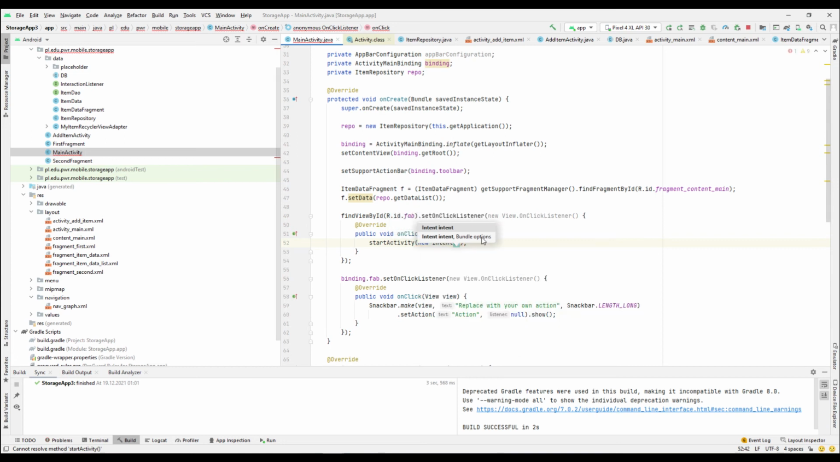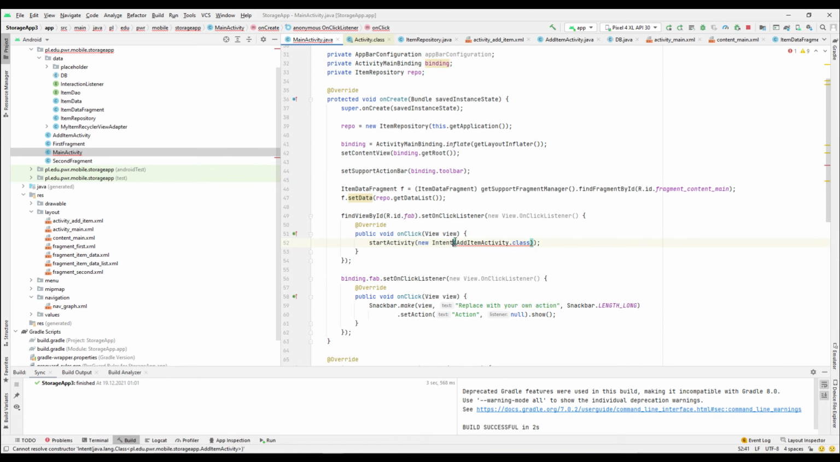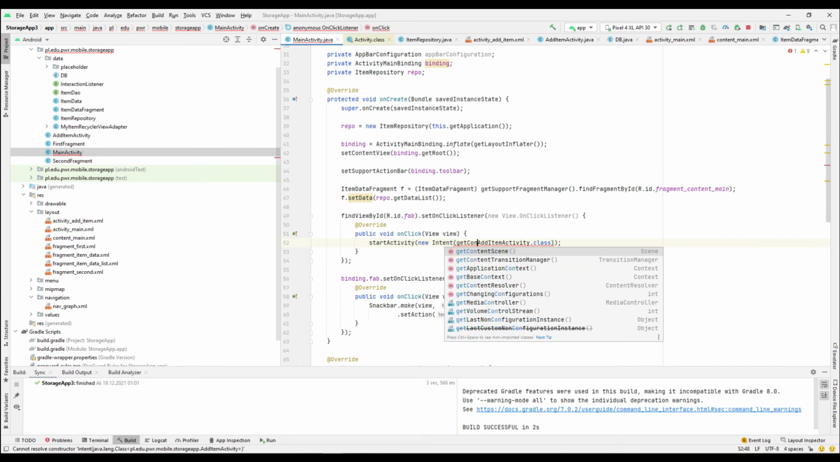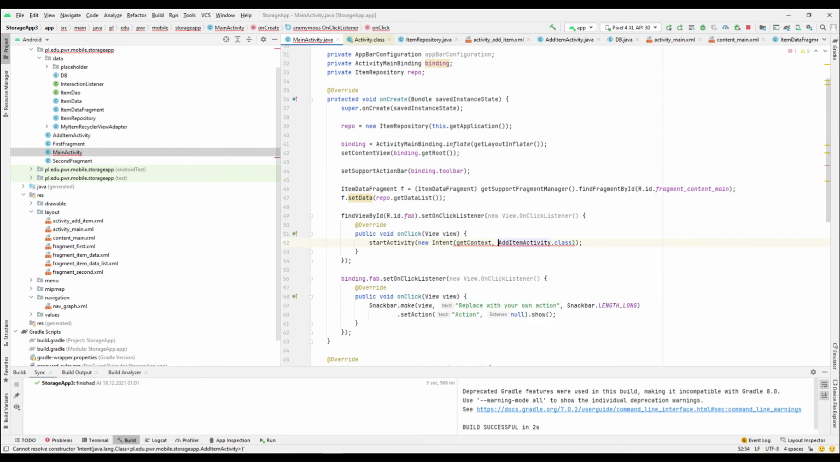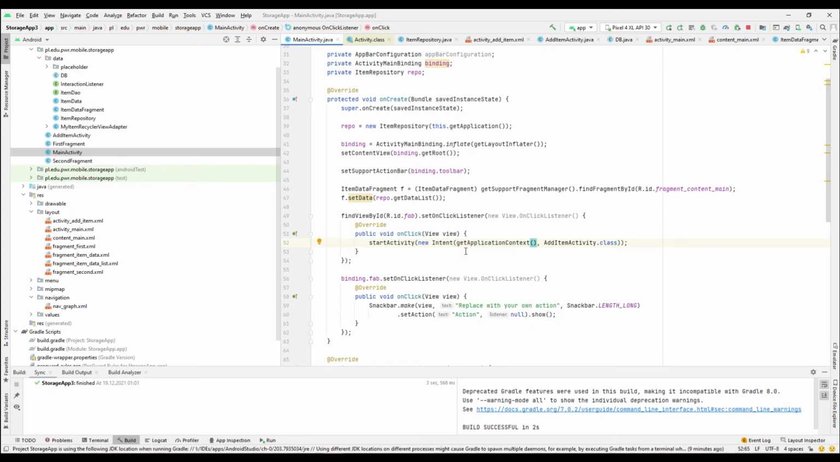So let's start a new activity with a new intent, and this new intent will be for add item activity class. Right, that's the intent we want to use. Oh yeah, and context first. Get context, application context. Yeah. So one click we go to item activity, and then we can go. Well, we don't go back yet. We just